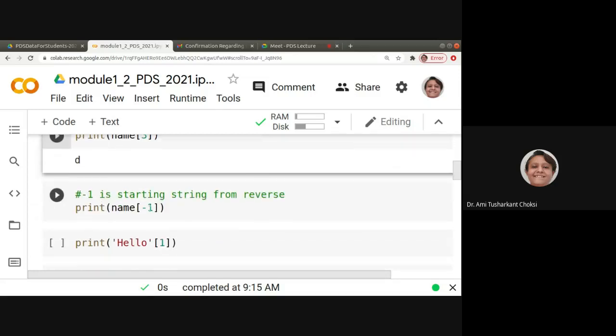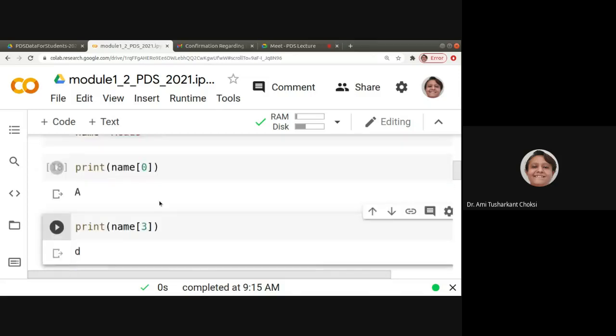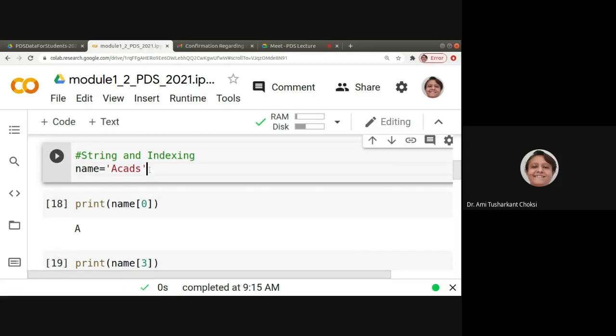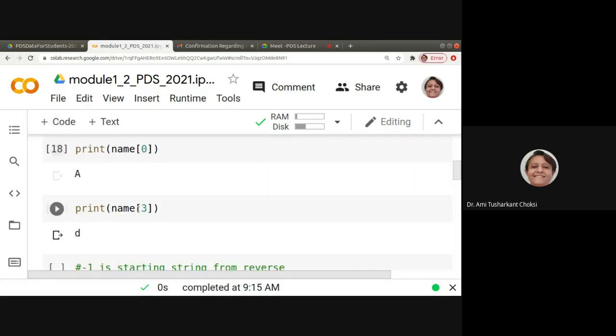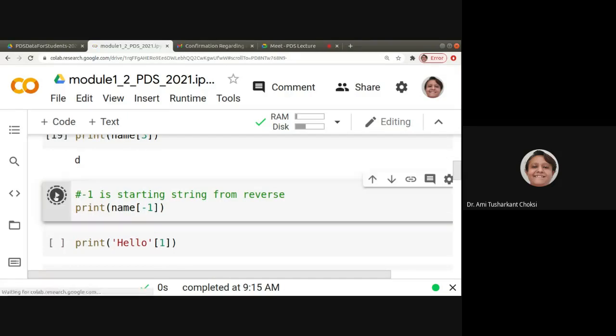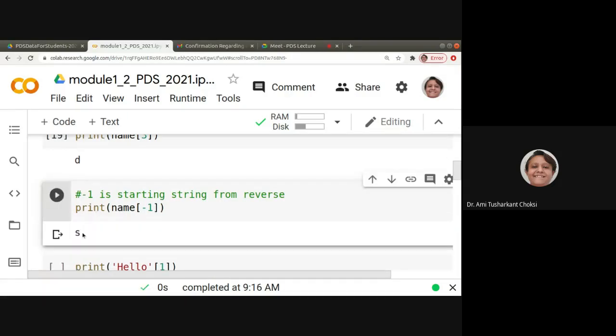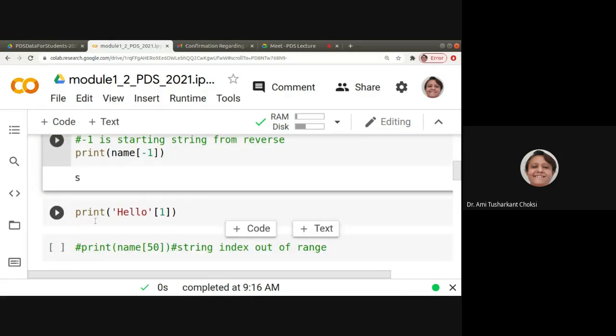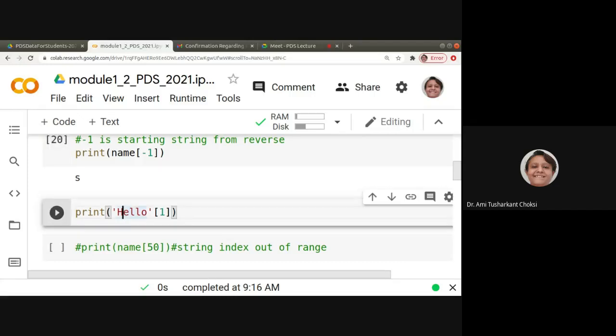Now name of -1. So we'll be going from the reverse. What is -1? S. -2 is D. -3 is A. Right? That way it works for a string. Let us run this. Then hello, this is a string given inline, and then we are giving 1, right?